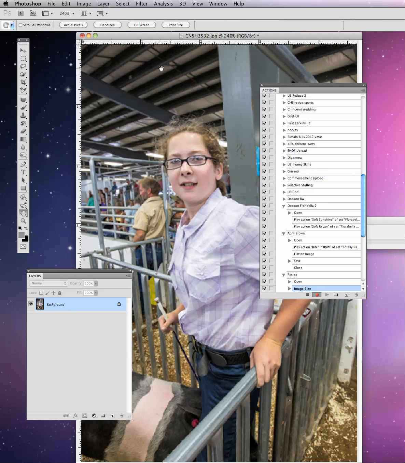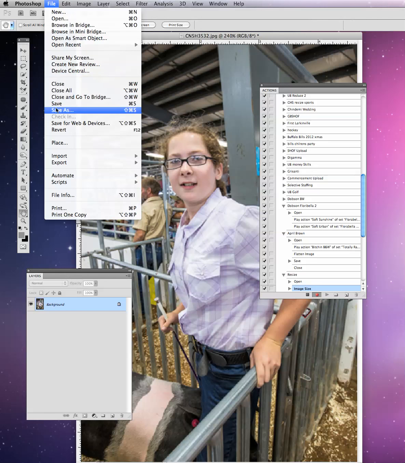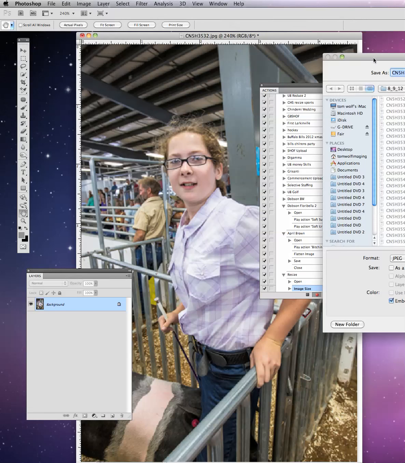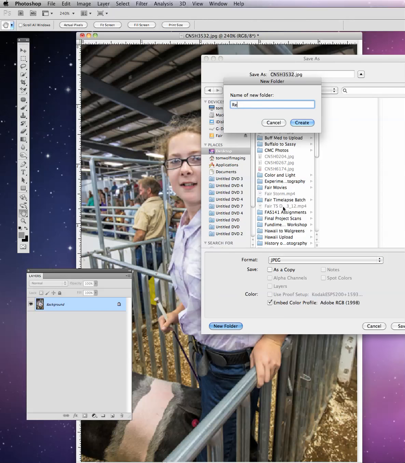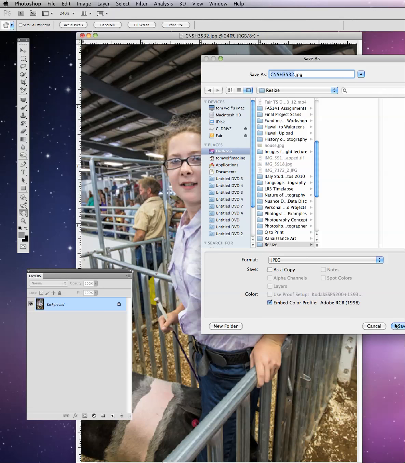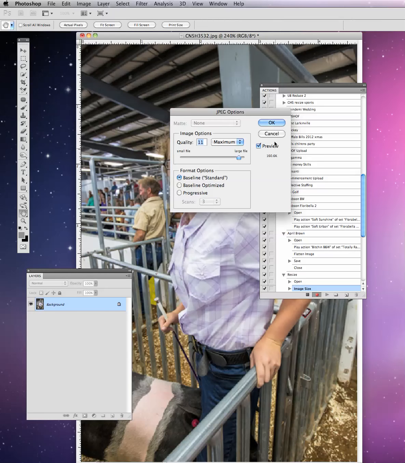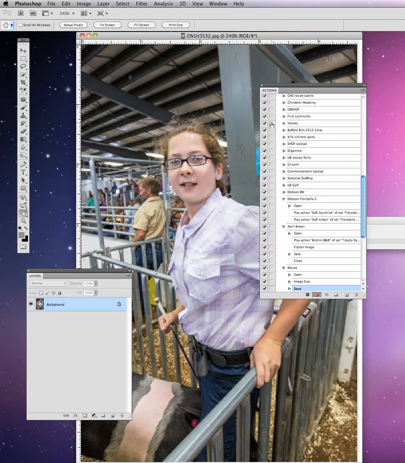and then all you have to do is File, Save As, tell the computer where you want to save it to, and typically I'll make a folder of resize and create that, save it, and you can see the size of the image has really gone down a lot. It's down to about 160K. Hit OK, and then the last thing you want to do is close it,